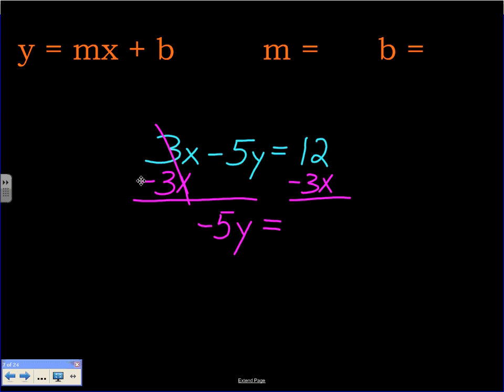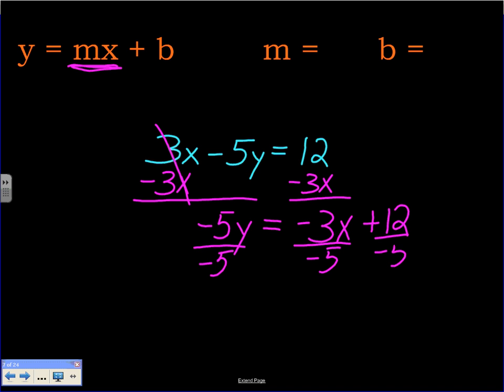And to put this in slope-intercept form, we should always have y is equal to mx plus b. So therefore, we're going to put the negative 3x first, and the 12 is positive, so we put positive 12 after it. Now, we still don't have y all by itself, but that's just a matter of dividing the left side by negative 5, and then dividing everything on the right side by negative 5. The negative 5's cancel. Y is equal to, we have negative 3 divided by negative 5. That makes a positive